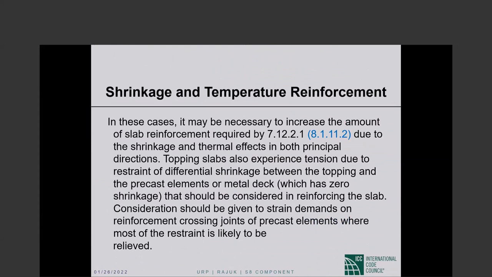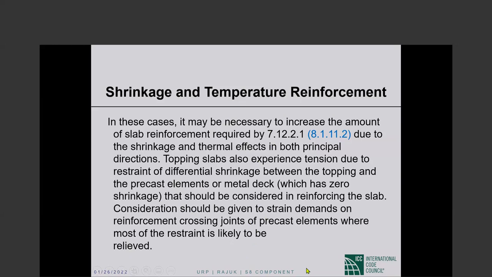Topping slabs on precast also experience tension due to restraint of differential shrinkage between the topping and the precast elements or metal deck. Topping on metal deck is quite popular, and that should be considered in reinforcing the slab. Consideration should be given to strain demands on reinforcement crossing joints of precast elements, where most of the restraint is likely to be relieved. Anyway, I can explain everything here, but